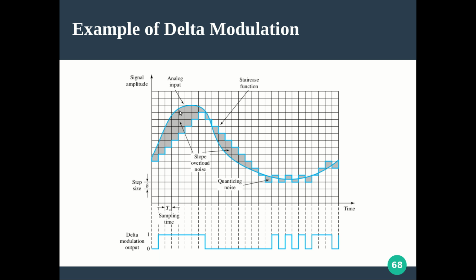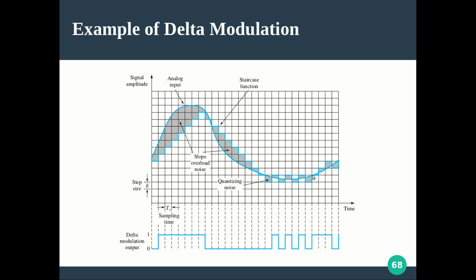So to decrease the slope overload noise, you have to increase the staircase step size, or the quantization level size. I think it is clear for you, right? To make our staircase function very near to the original signal, you can increase the step size. So instead of this much movement, you give an up movement, say double of it. Again this, again double of it. So it will be very close to the original signal. But when you are doing that, the problem is the quantizing noise.